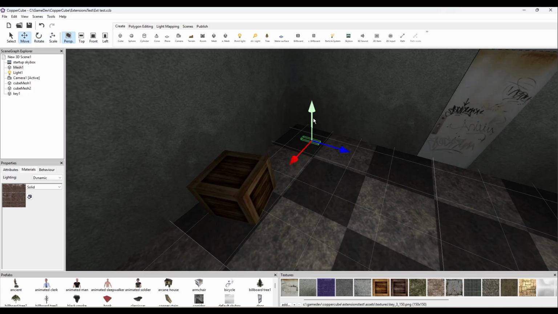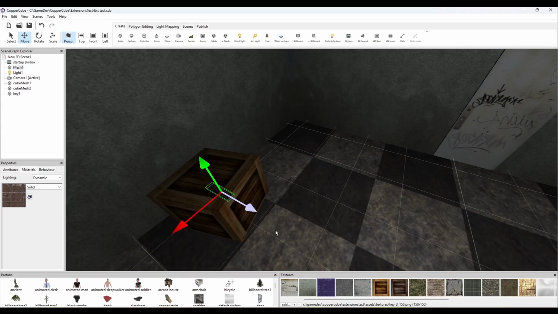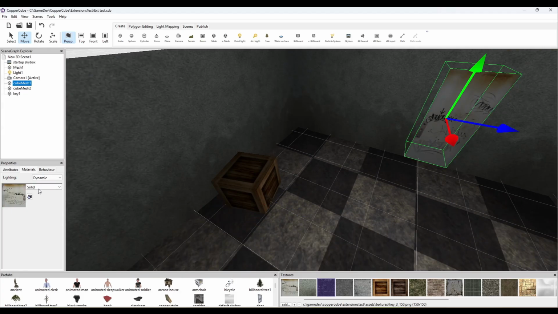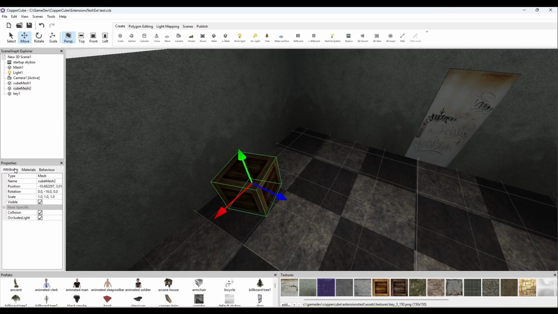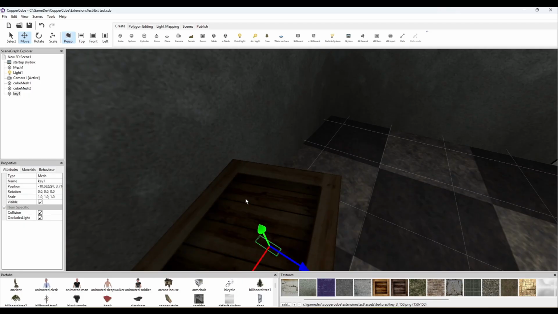Let's move it on the top of the box. I can see a thing. There it is. Yeah, I have these issues with navigation. So I'll just copy it, put it right there, and then we just need to put it on top of the box